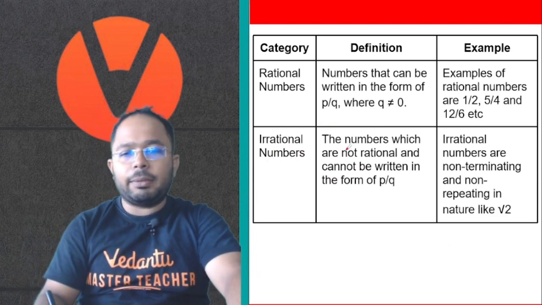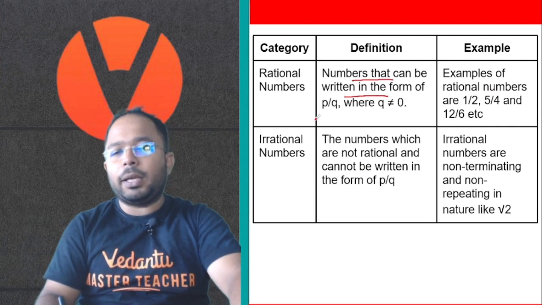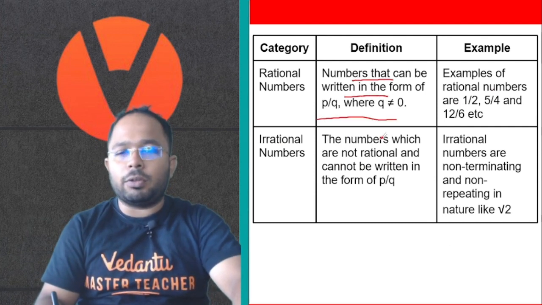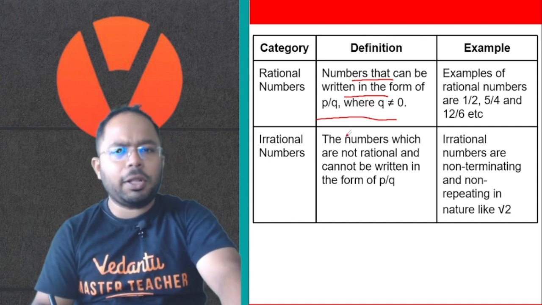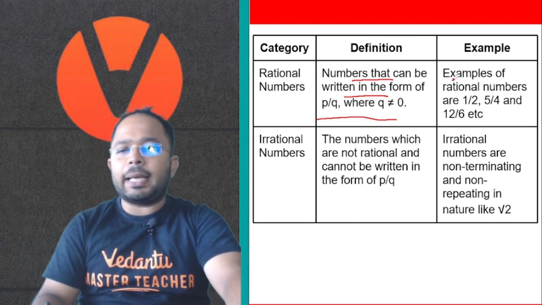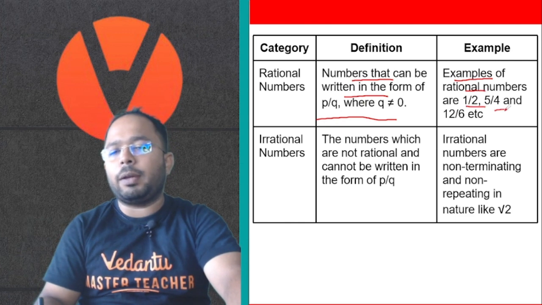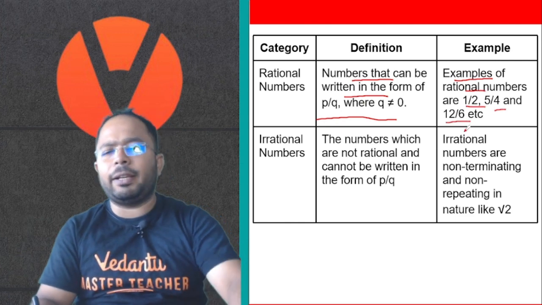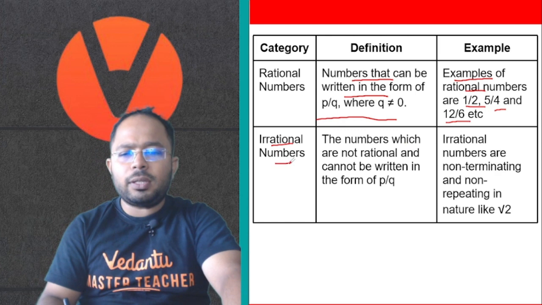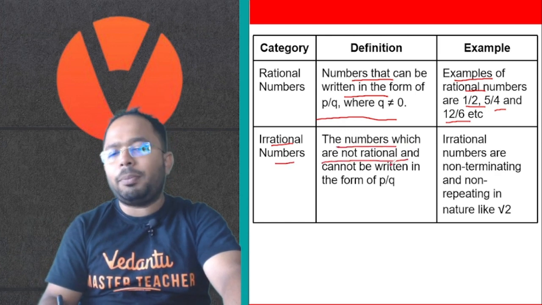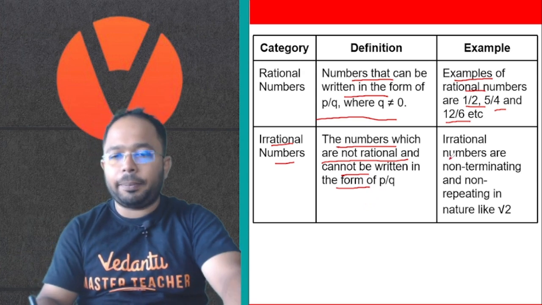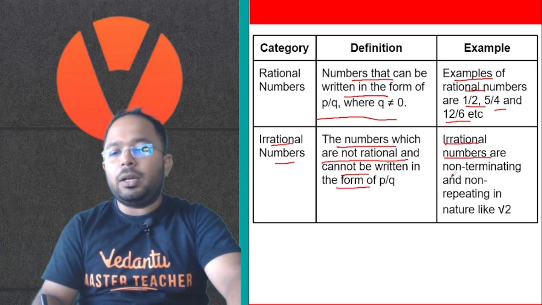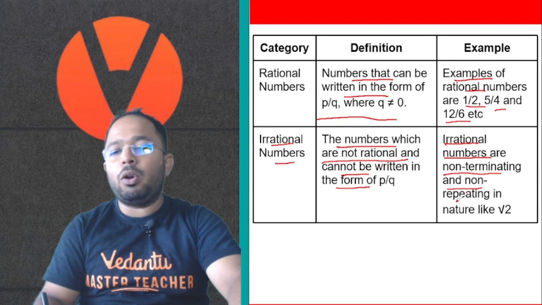नेक्स्ट रैशनल नंबर्स, जैसे मैंने कहा कि नंबर्स जिसको हम लोग p बाई q फॉर्म में लिख सकते हैं, q नॉट इक्वल टू जीरो, और p एंड q जो होता है इंटीजर्स के फॉर्म में लिखते हैं। वो पॉजिटिव भी हो सकता है, नेगेटिव भी हो सकता है। देन एग्जांपल्स ऑफ रैशनल नंबर्स होता है 1 बाई 2, 5 बाई 4, 12 बाई 6, नेगेटिव वाले भी ले सकते हैं। इरैशनल्स, वैसे नंबर्स दैट कैन नॉट बी रैशनल, जिसका मतलब है कि p बाई q फॉर्म में नहीं लिख सकते हैं। ओके, दे आर द नॉन टर्मिनेटिंग एंड नॉन रिपीटिंग।